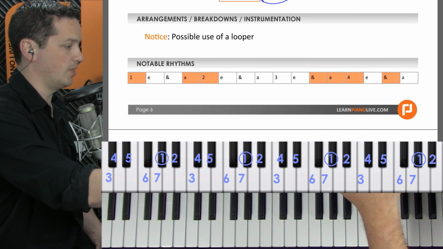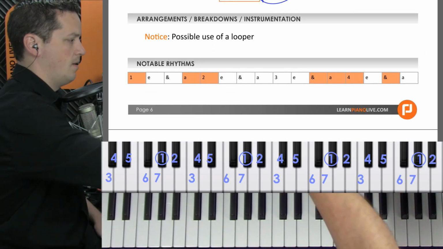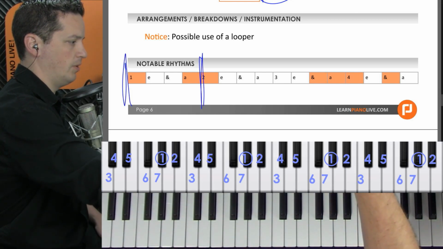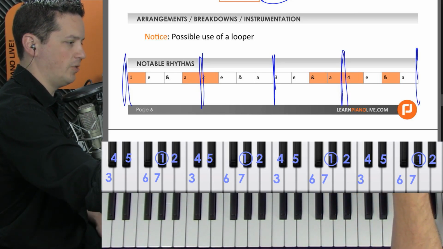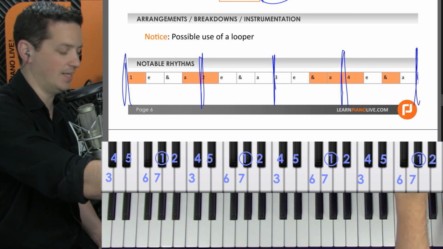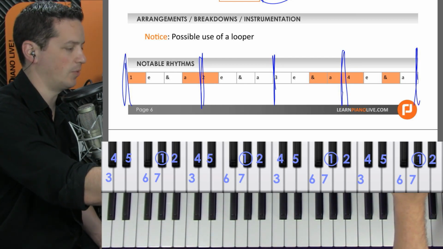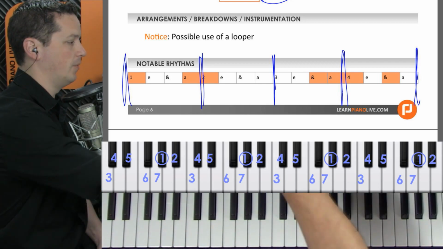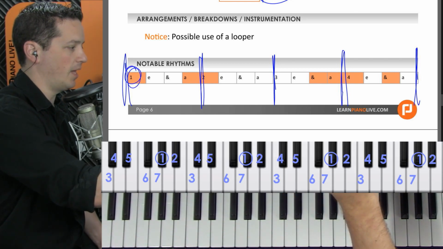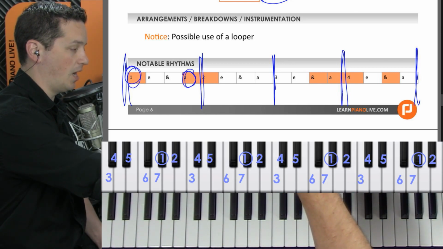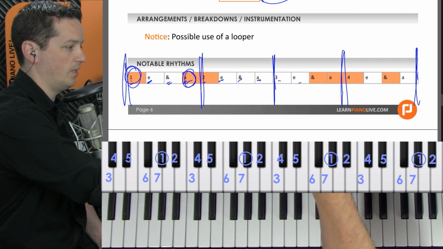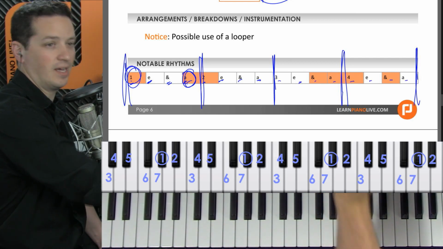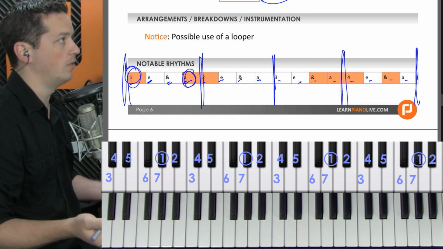And then the notable rhythms here that we have written out, we've got beats 1, 2, 3, and 4. I told you that I would show you this, how each beat has in it 4 little subsections. So this is all just one measure, beats 1, 2, 3, and 4. On beat 1, she's playing something. She's got something on the 'ah'. So this is 1 e and ah. 1 e and 2 e and 3 e and 4 e and. This stuff happens really fast though.